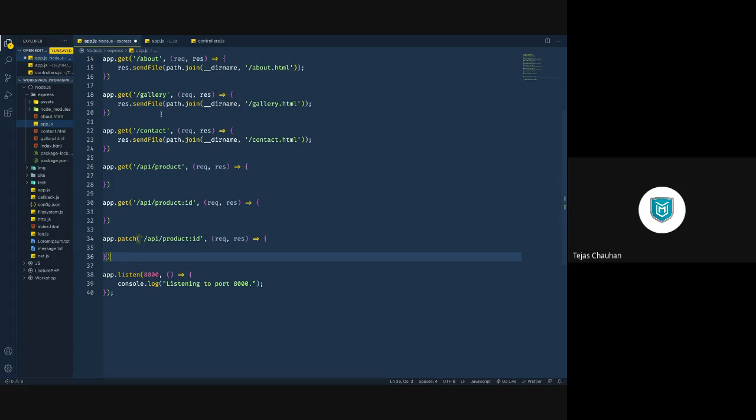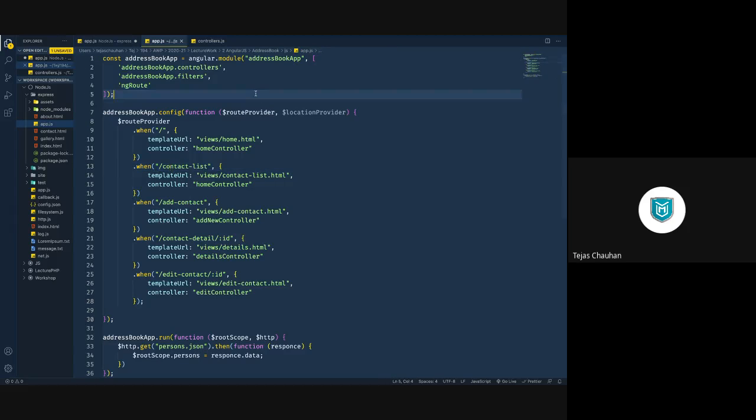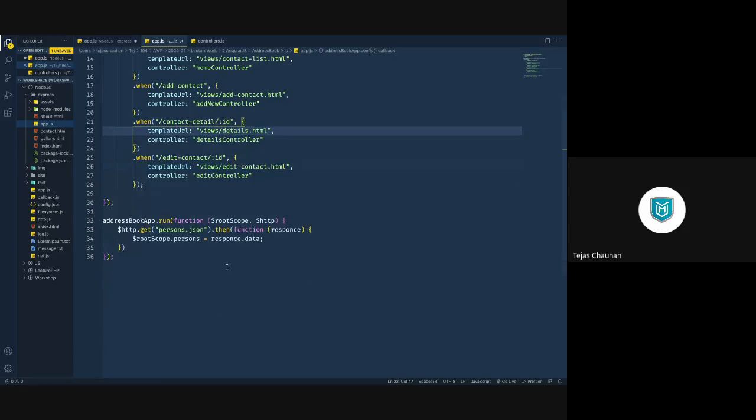Well, if you are using an AngularJS application, let me open that address book. This is the address book app.js file, if you remember. From your AngularJS application, you can send your HTTP requests using the HTTP module. We have already done that, the HTTP GET request. Earlier we were making a GET request for a file, but from now onwards, you will go for http.get, and you will have the entire URL of your Node.js application here.